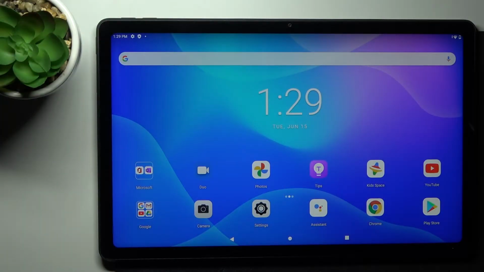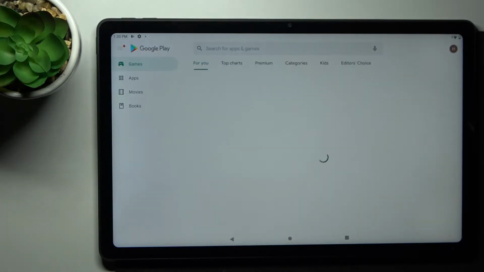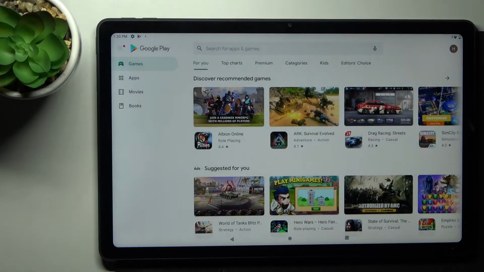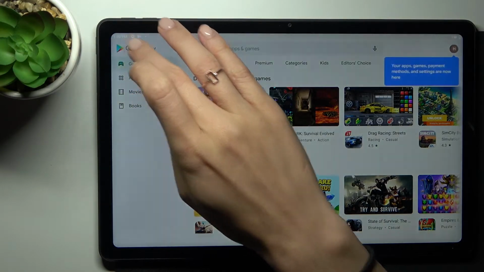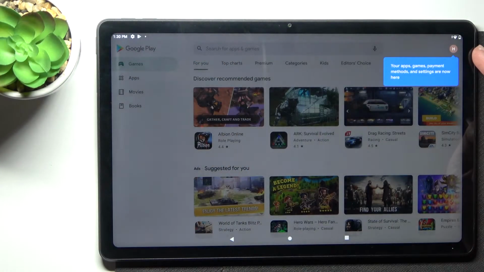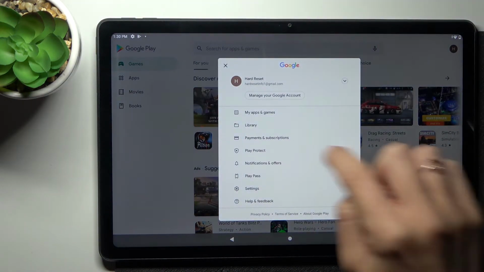In front of me is Lenovo Tab P11, and let me show you how to update apps on this device. So at first you need to locate and open your Play Store. And here, tap on More icon. Okay, so now it is relocated here, so you need to click on your profile picture and then go to